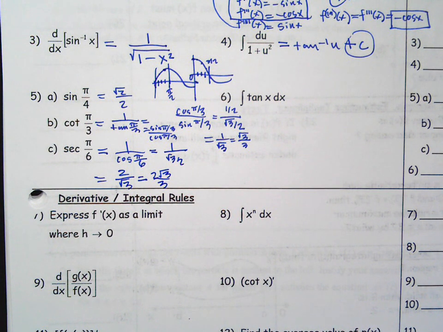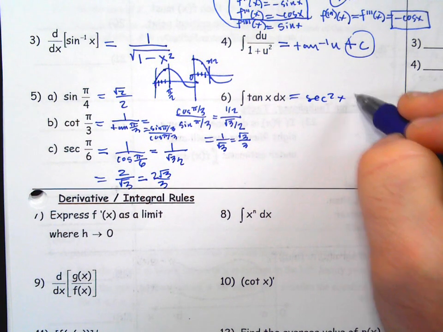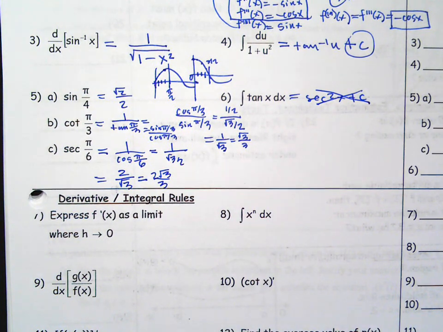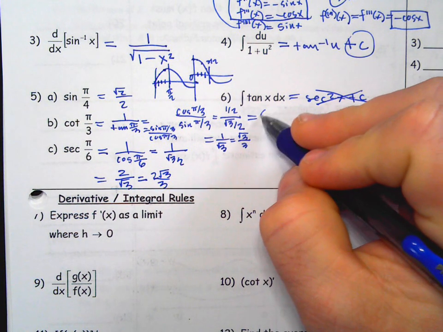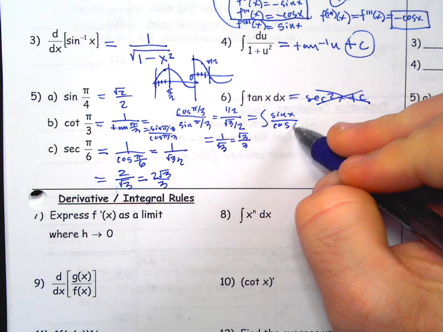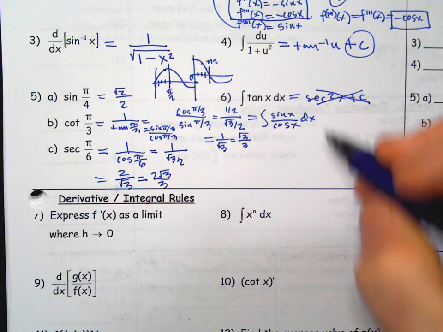Tangent. Now you might be like, oh yeah, tangent, I know that one, that one's secant squared x. No, you're going the wrong way. You just took the derivative. We're trying to undo the derivative. So this is not one we've memorized. So sometimes with trig, what you should do is get creative and rewrite them in sine and cosine, or the other way around, and then